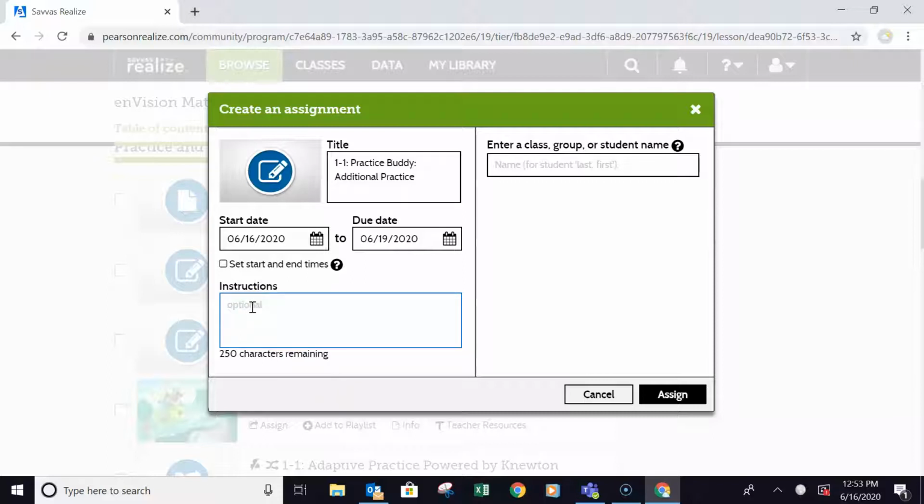And this part at the bottom is where, if you have any kind of instructions that you want for the students to have, you will type them in there. You really want to make sure that you're clear. The clearer you are with your instructions, the less confusion and the less questions that you'll have from the students. So if I want to say, let's see, I might say, I want you to first